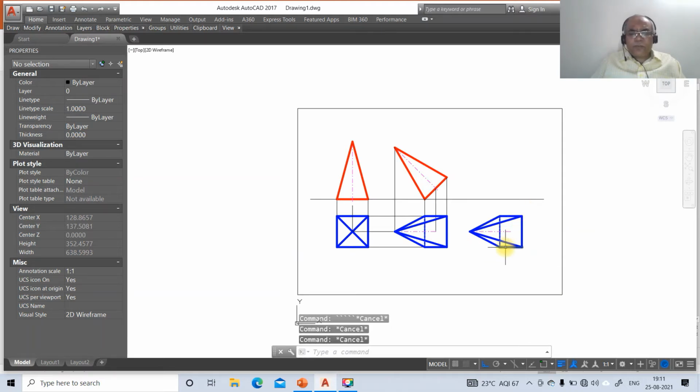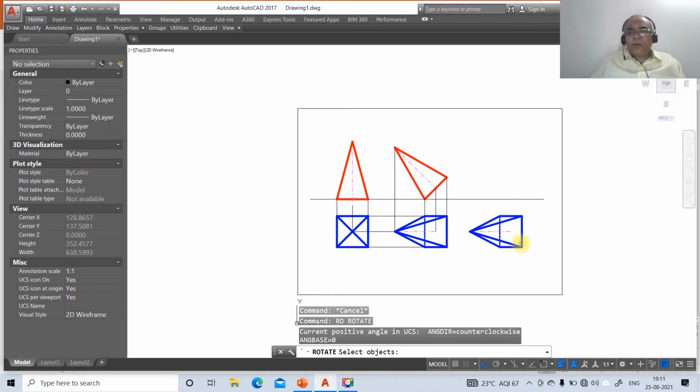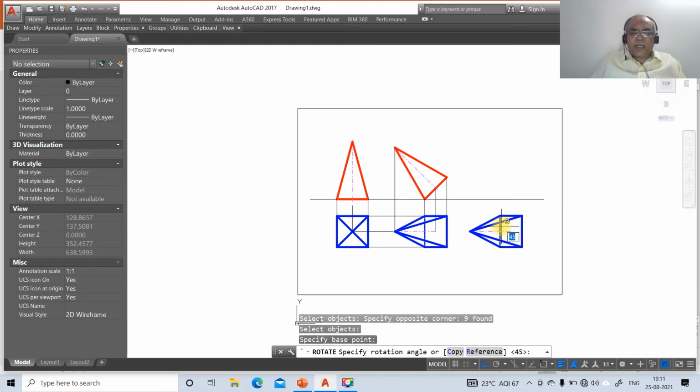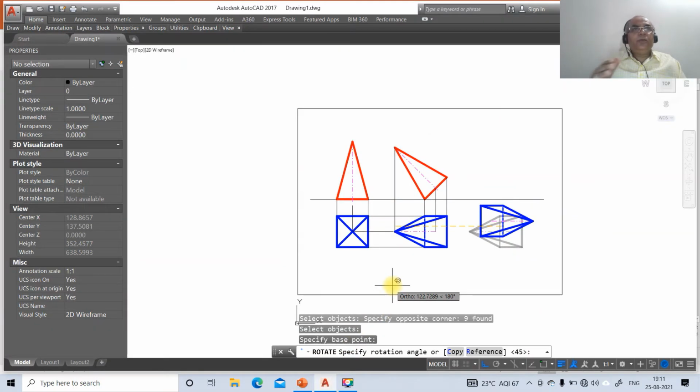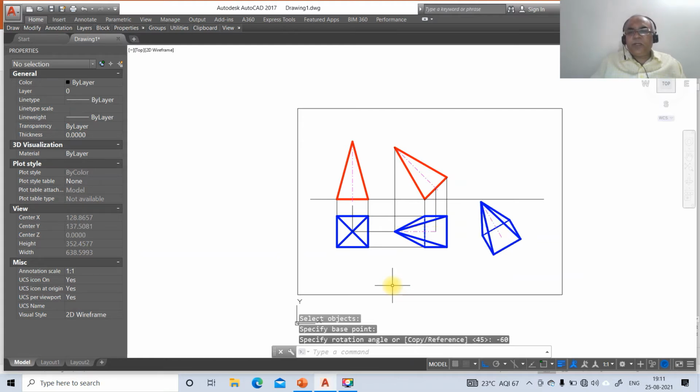Then go to rotate this drawing, and you take this as 30 degrees. So you want to take it as 30 degrees. Since it is vertical, I want to rotate in clockwise direction, so it is minus 60. Once you do that, you are going to get it as 30 degrees.